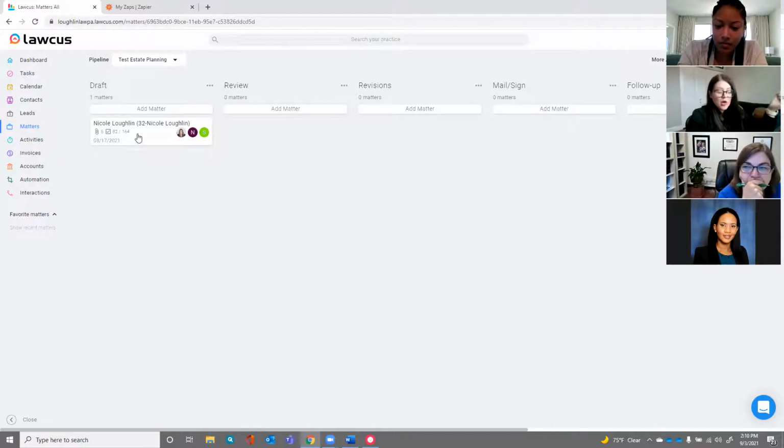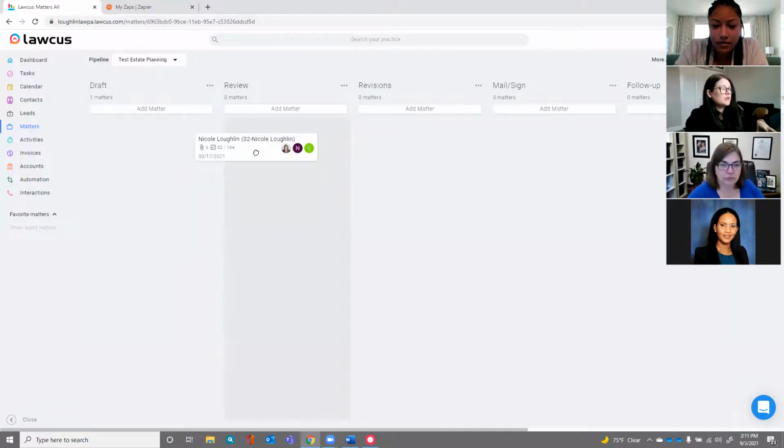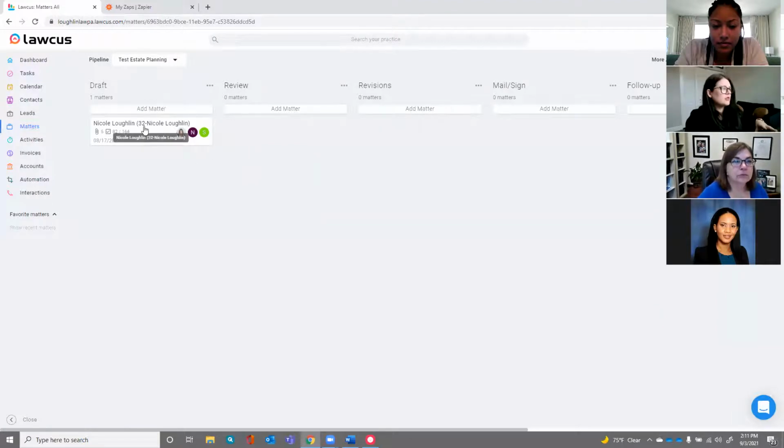client, share the client portal with them. They get an automatic email when they convert with a welcome package, and the welcome package is specific for each practice area. And then I have tasks for me. My tasks are 3 tasks: draft the estate plan, upload it, share it with the client, move them to the review stage, which you can see you just slide over,